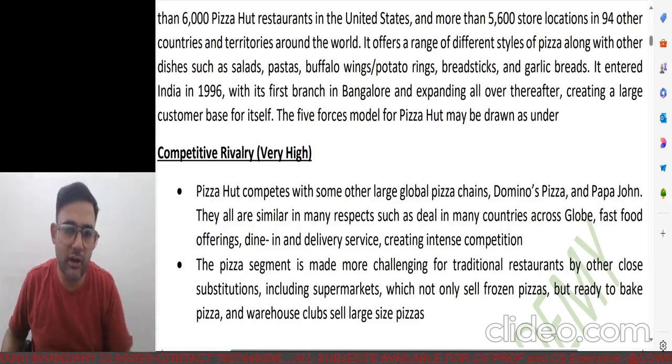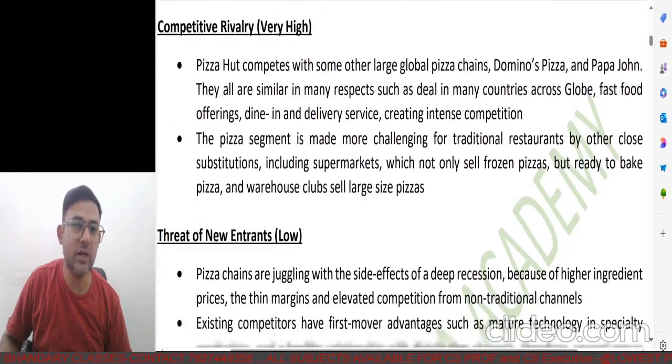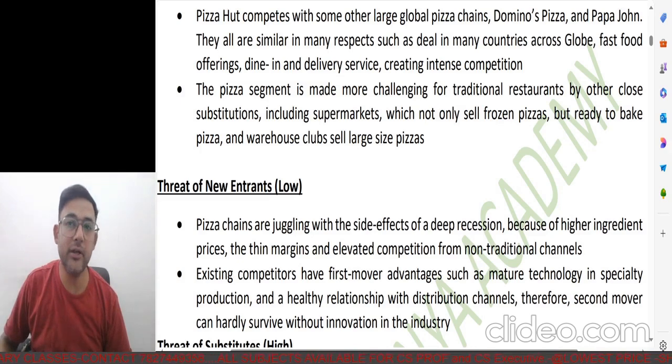So it says the competition rivalry is high. We have various players in the market, and these are the ones having a recognized brand name. But there would be a few others as well, as I was saying, which are maybe located near your locality, like traditional ones making fresh pizza and probably providing you the best deals. So the competition is too high in the market. Anybody who is thinking of entering the market should be very cautious, because the margins are low and the competition is really high in this pizza segment.